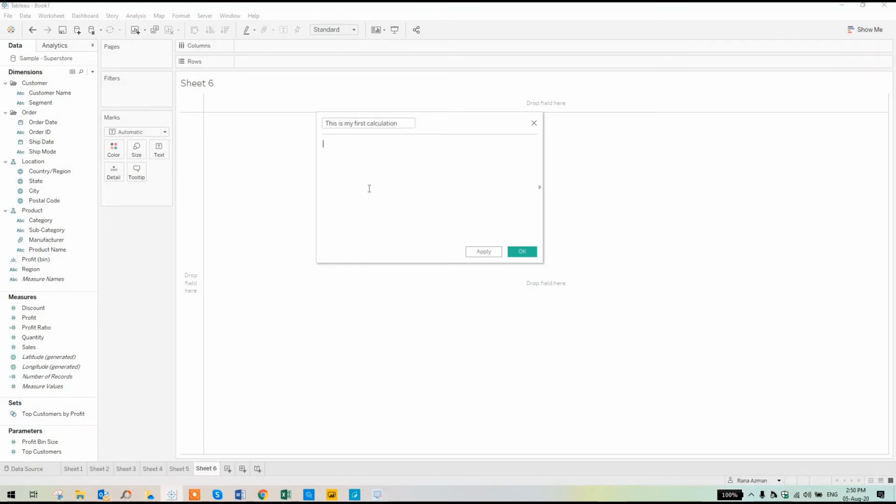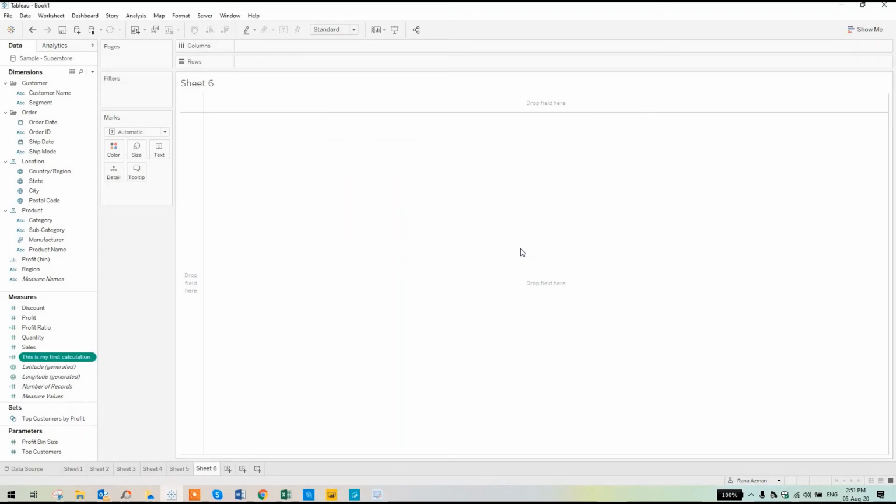As you can see, measures should always be aggregated in Tableau or in any BI tool. So we'll use the function SUM, and it's showing the syntax that SUM should be followed by an expression. The expression is the profit field, this one, from the Sample Superstore source. Then we'll divide it by SUM of sales, and it is created. This is the profit ratio we have created. So just click on OK.